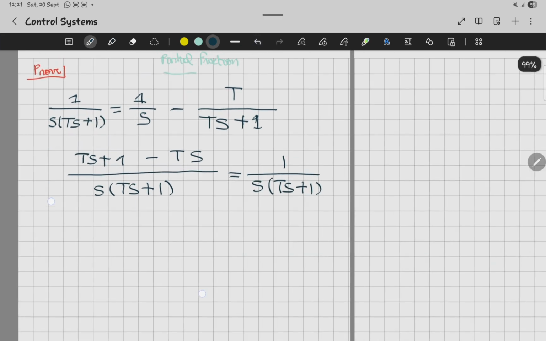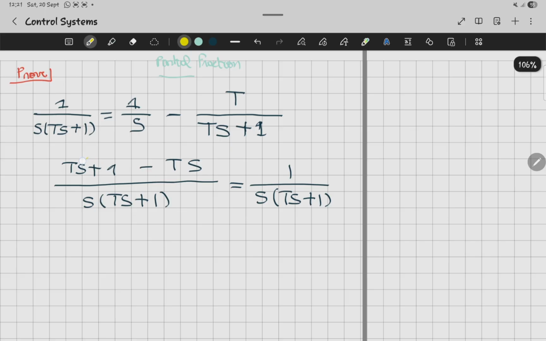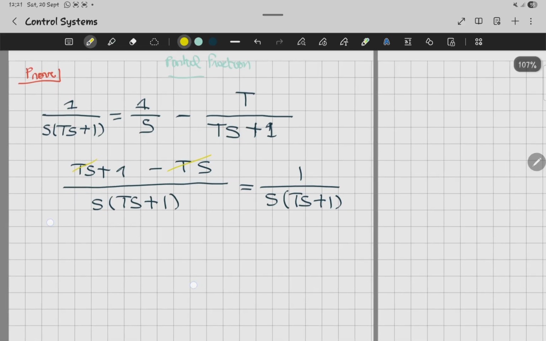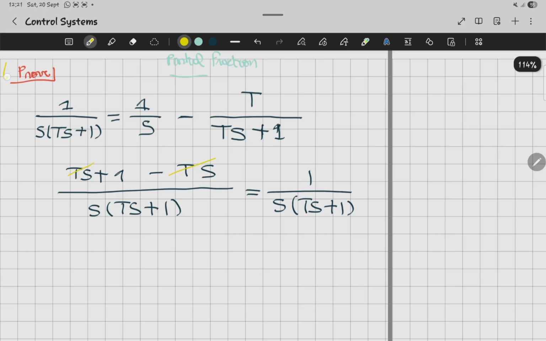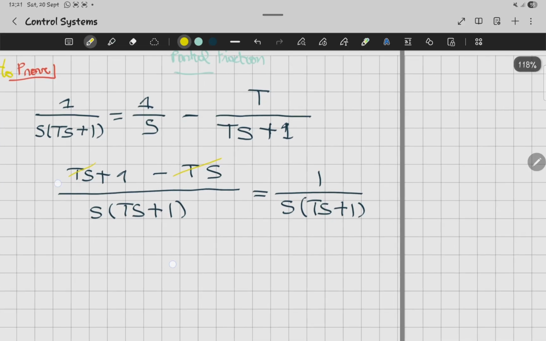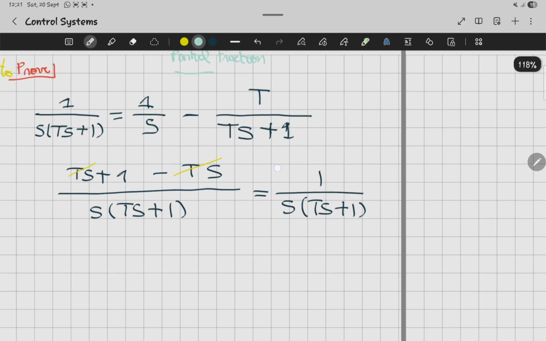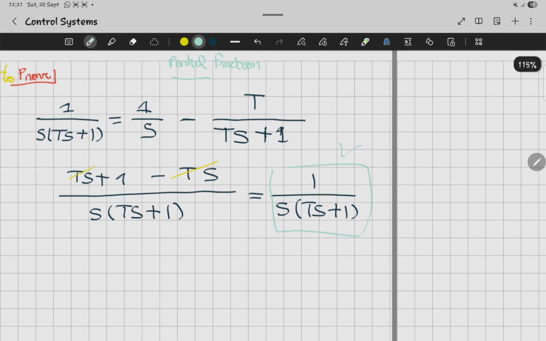Okay, so this is what we got, and these two will cancel out each other, so we're going to remain with 1. Okay, so this is the proof to prove that we got our partial fraction and it's actually correct. Okay, just to make sure. Now we're going to go back to our